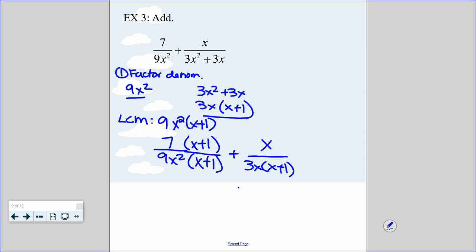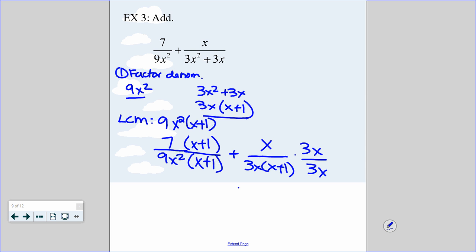No, so I'm going to need another x. Do I have the 9? No, so I'm going to have to multiply by 3x on the top and the bottom. Okay, so now